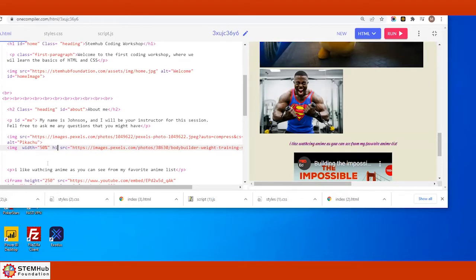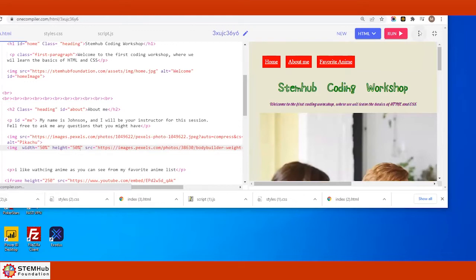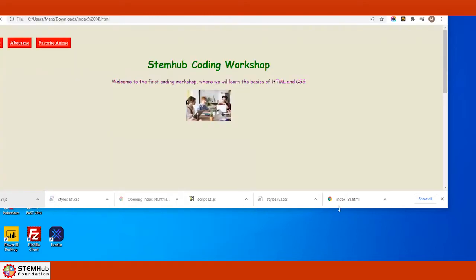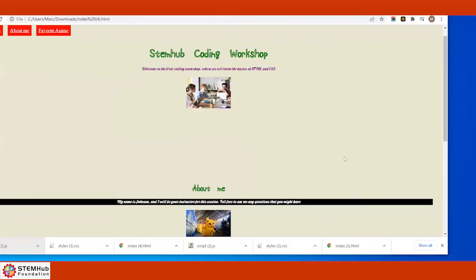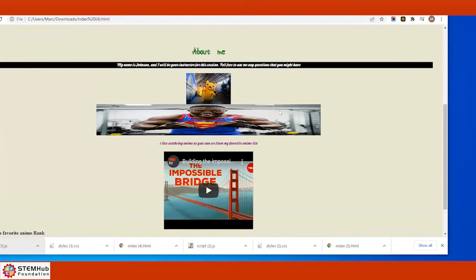So let me do this. I'm gonna go 50% height as well. Save. And then I'm gonna go run. And then I'm gonna go download. I have to download it so I can see it as a bigger screen. Keep. Then I go here, open. All right, so this should work, okay? Definitely should work. You can see my screen here. Can everybody see my screen properly? Yes. I don't know what's going on here.